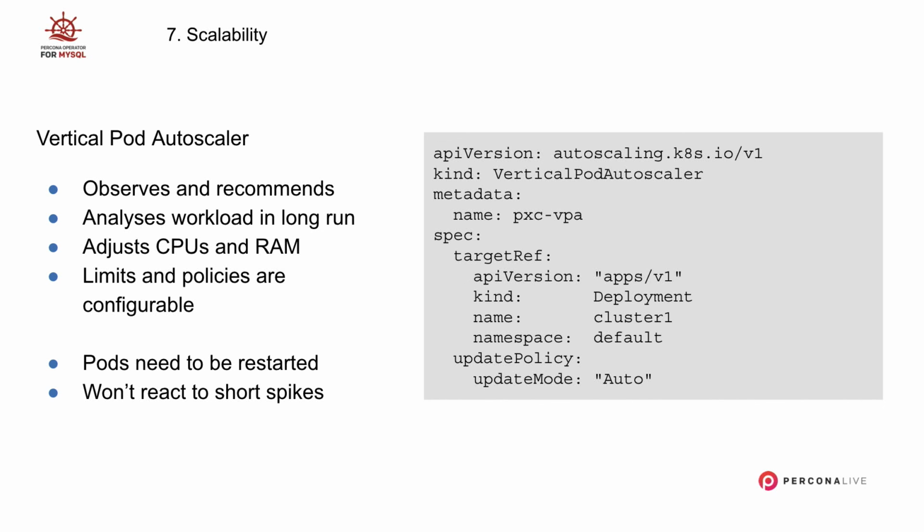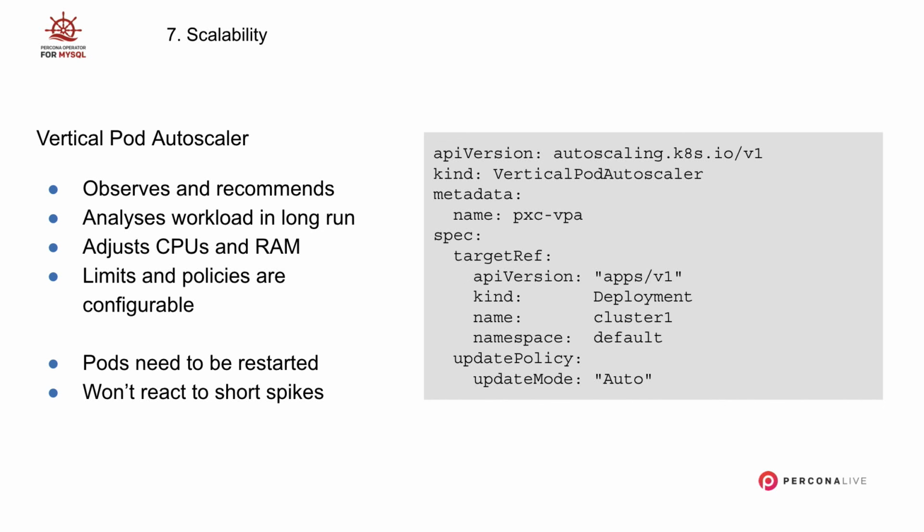Adding resources requires a restart of the cluster members, and it cannot just happen all the time. So this is more to cope with trends rather than with sudden traffic, which is actually true for all the serverless databases, like Aurora Serverless. You also can't really count on it adding resources in a second to cope with a load spike. The horizontal autoscaler cannot yet be used with the operator, but hopefully that will come a bit later.